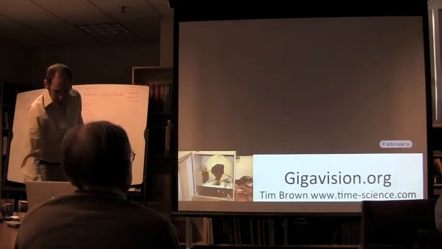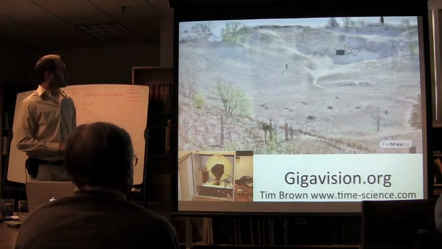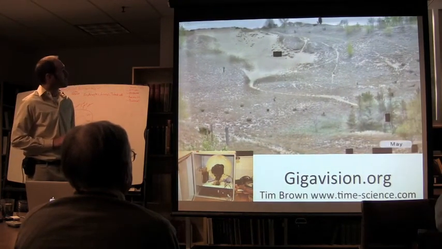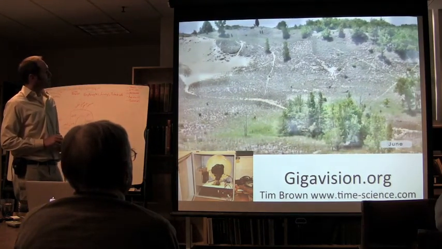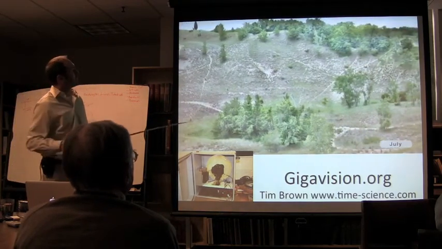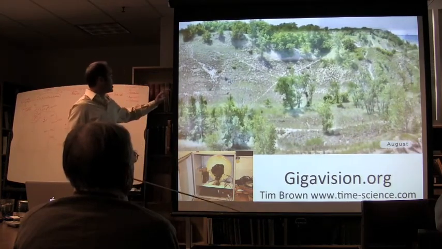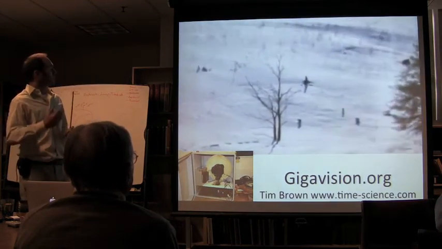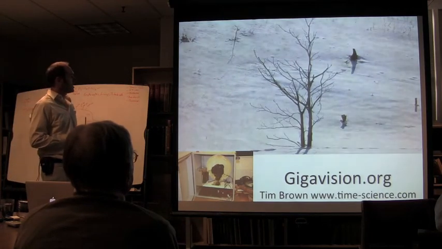So I'll leave you with this little time-lapse video done by postdoc Tim Brown, who is coming to Australia, and this is his high-throughput phenology from the dunes landscape. He's got a camera sitting out there for the past couple years, and it takes pictures 3 times a day, 100 frames in each, and they get stitched into one big gigapan. He calls this gigavision, where you can zoom down into the actual plant and figure out exactly when it flowered. And so we can use this ecosystem level phenology data to be a little smarter about how we're collecting plants.